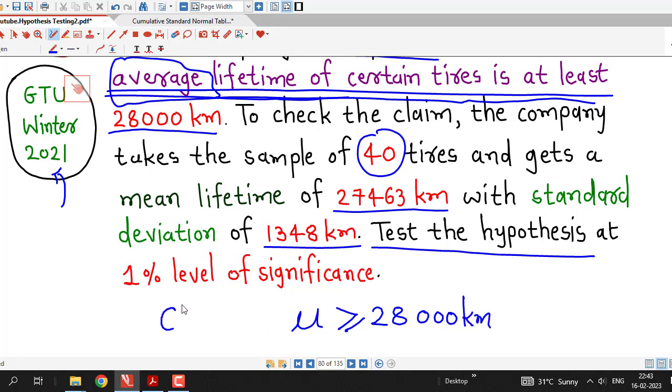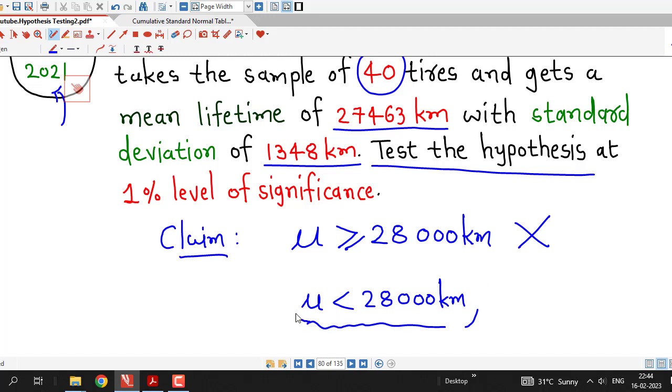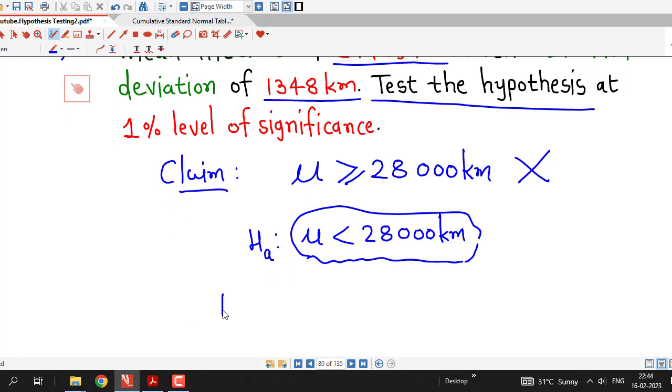So this is the claim, but the company is suspicious about this claim. That means this population mean can be less than 28,000 km also. So the company wants evidence that this claim is wrong, that is, population mean is less than 28,000 km. So this we will consider as our alternative hypothesis, and the null hypothesis will be considered as population mean is equal to